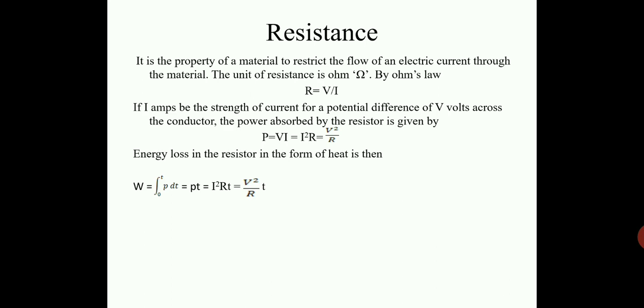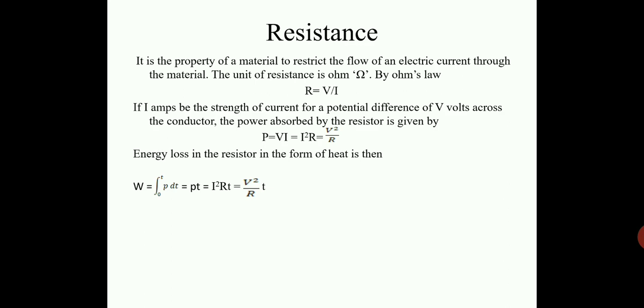Let us discuss what is resistance. It is the property of a material to restrict the flow of an electric current through the material. The unit of resistance is ohm. By using Ohm's law, R is equal to V by I. If I amperes be the strength of current for a potential difference of V volts across the conductor, the power